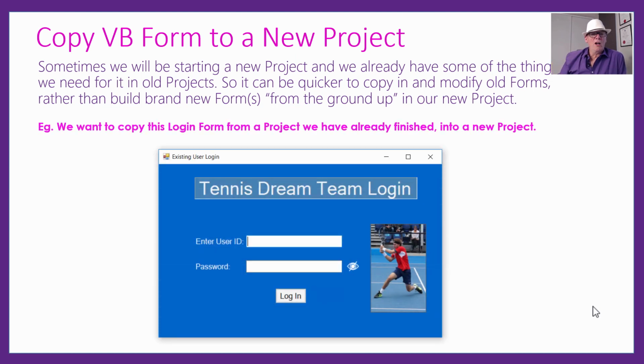All right, so here we've got this login form, which was for the Tennis Dream Team login, and we may want to copy this and take it into a new project. Now, it's not as simple as copying a picture from one PowerPoint into another, Control-C, Control-V. It's a little bit more involved than that, as we shall see. That's just the nature of VB.NET, because we've got a whole project structure here with many files. It's not as simple as a Word or a PowerPoint. However,